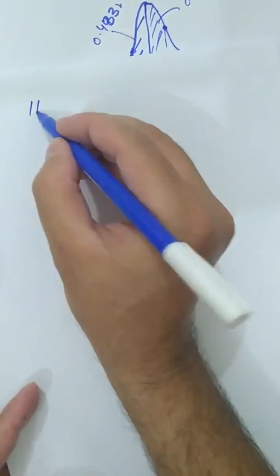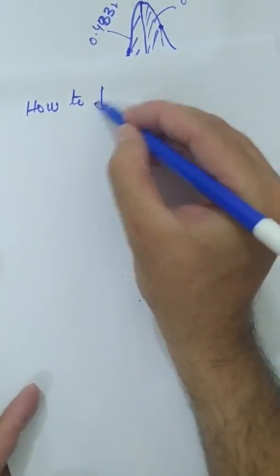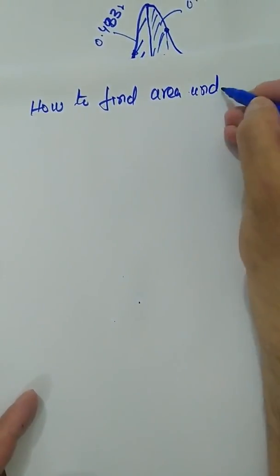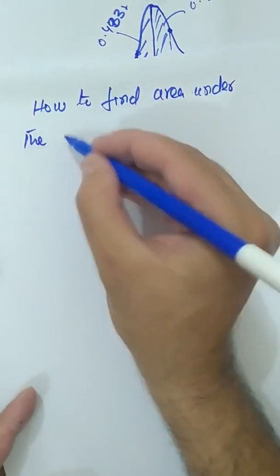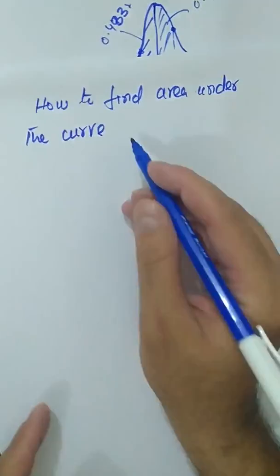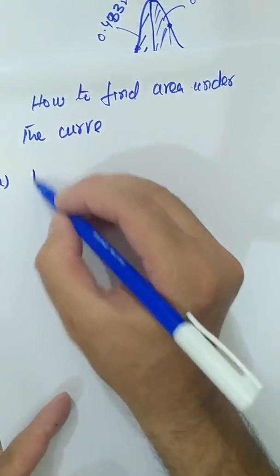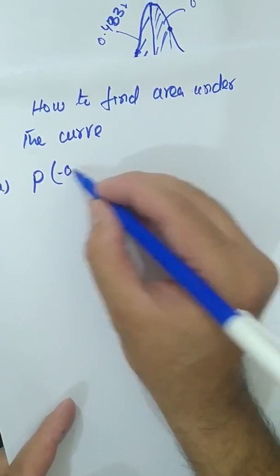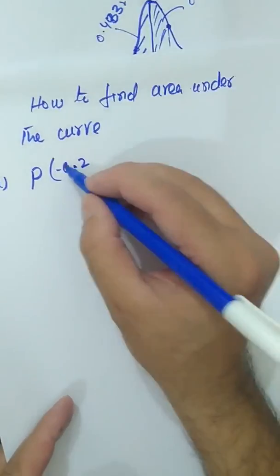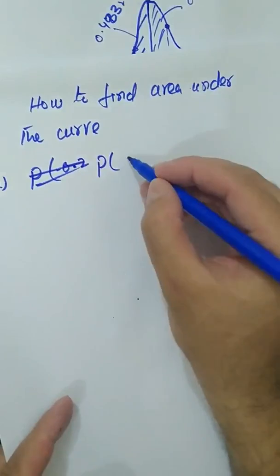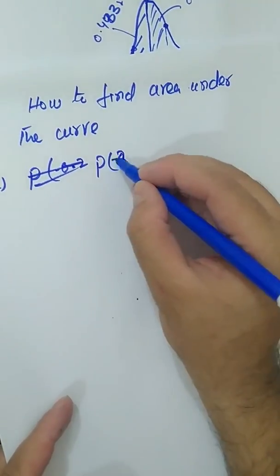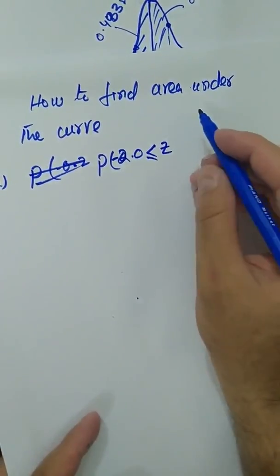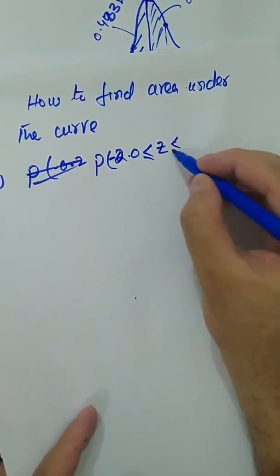How to find area under the curve. So there is an example. I have to find the probability when z is greater than or equal to minus 2, and it is less than